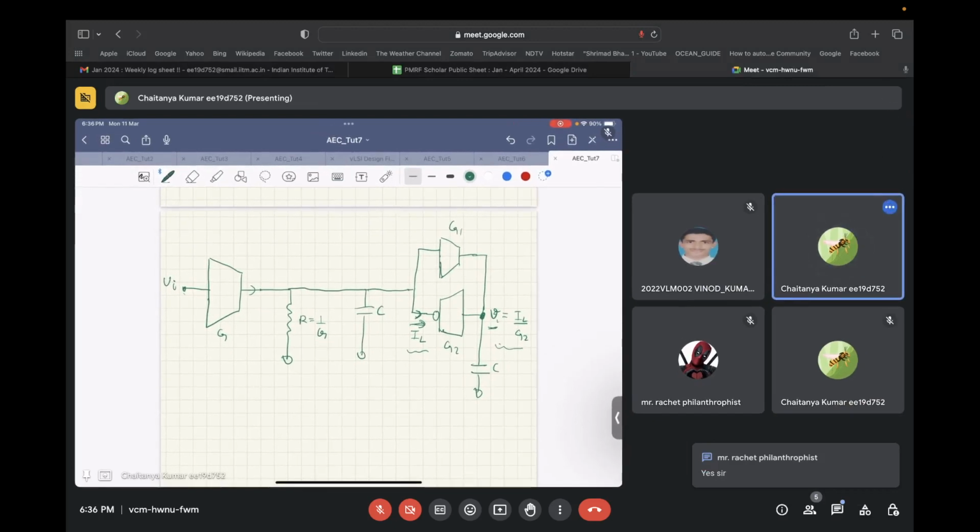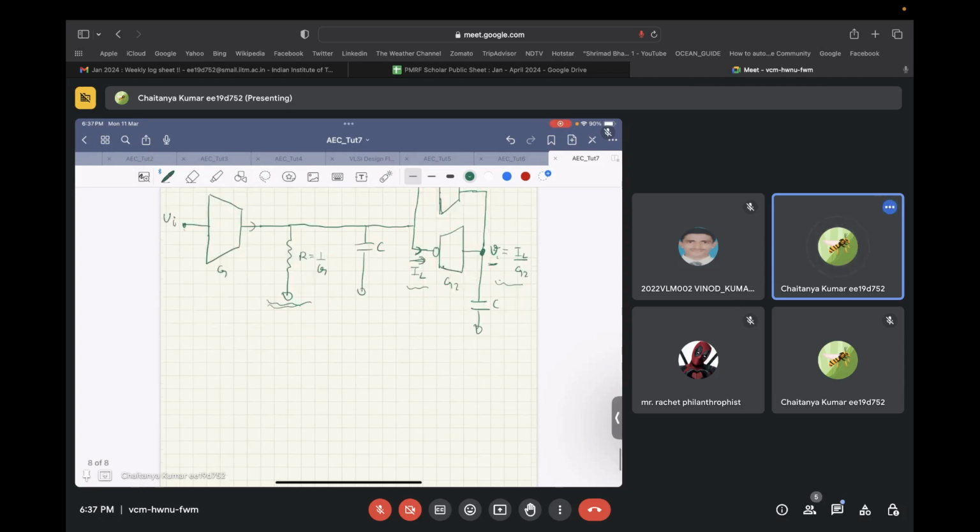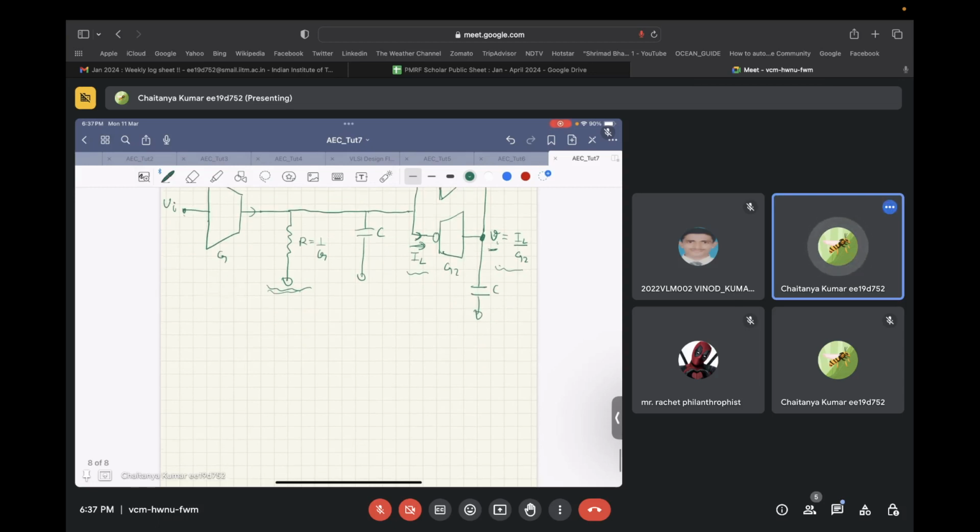Okay. Now let's try to find out if we are emulating everything using a transconductor. Let's try to see whether we can emulate this resistor as well using a transconductor. So this is just a grounded resistor. So what we can do over here is,